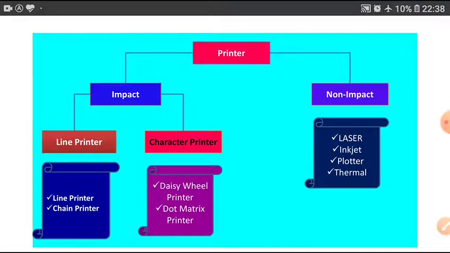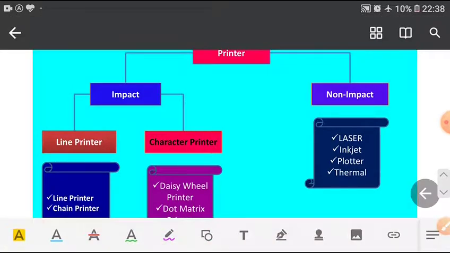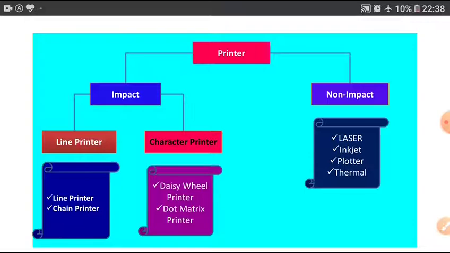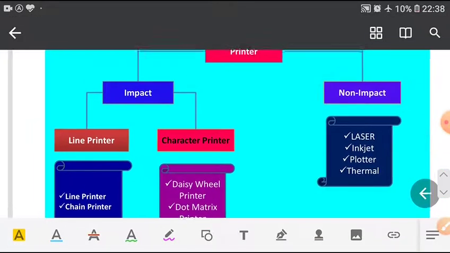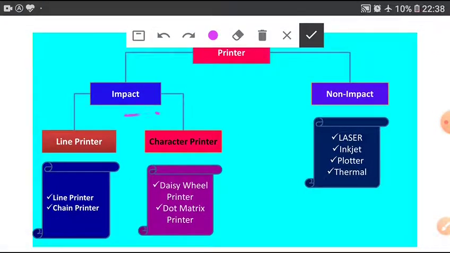Now, printer. Printer is also output device, and in this picture you can see I have classified printer in different category. On the basis of printing mechanism, printer is divided in two categories: impact, non-impact.